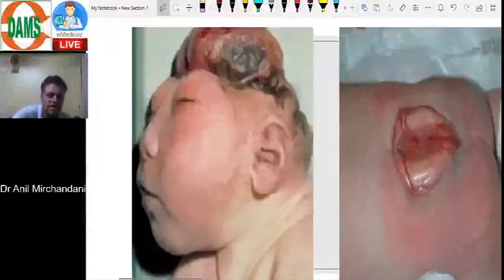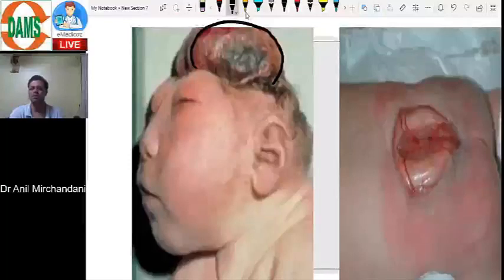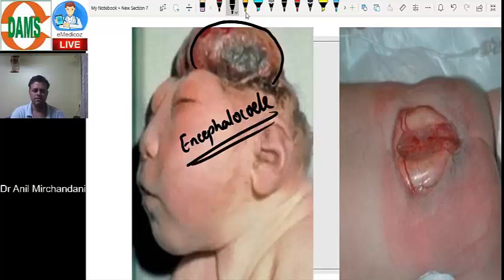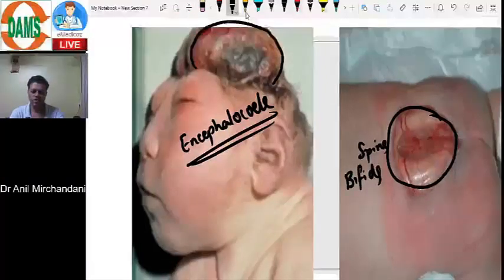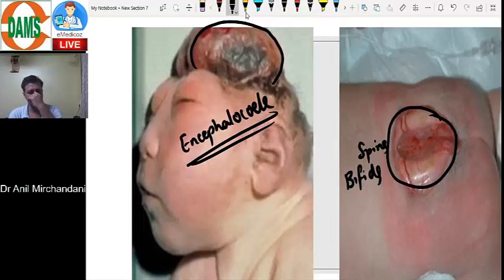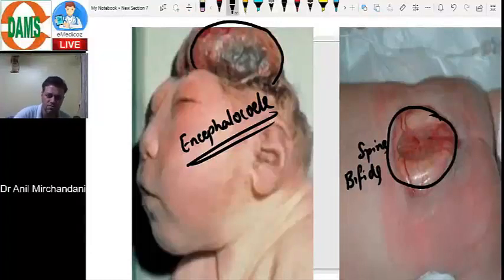Well, I will not use the word anencephaly over here because brain is there which is herniating out. So, encephalocele. Yeah, encephalocele can be a cause of polyhydramnios. Spina bifida can be a cause of polyhydramnios. See, there will be fluid going out. Yeah, fluid going out of this area, and then amniotic fluid will get accumulated. Okay, so yes, these are the causes of polyhydramnios.